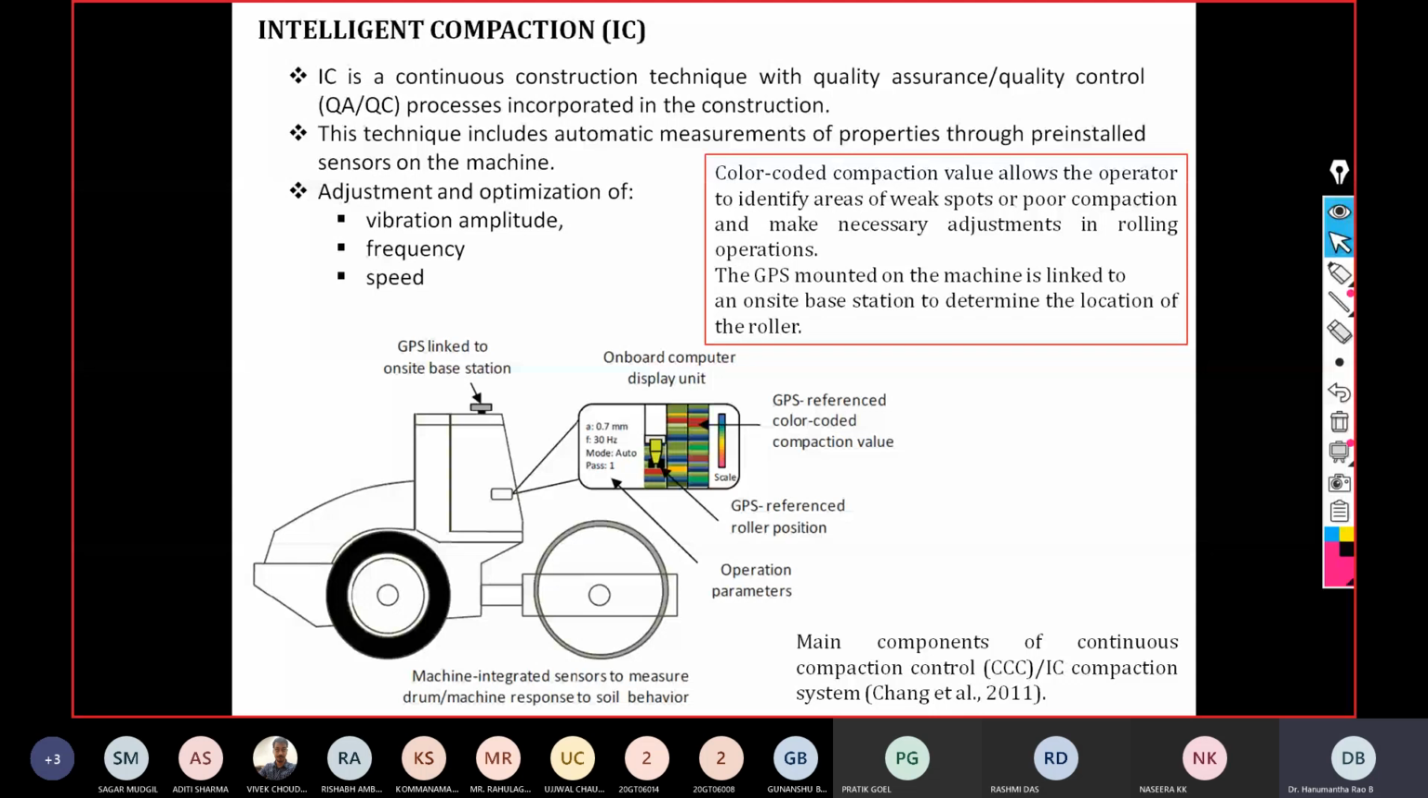If it is loosely compacted, then again it reads, or the speed. So this is the advantage of intelligent compaction. Quality control means whether the gamma D is achieved throughout the length of the stretch and is uniform throughout the stretch of the road. So this technique includes automatic measurement of properties through pre-installed sensors,